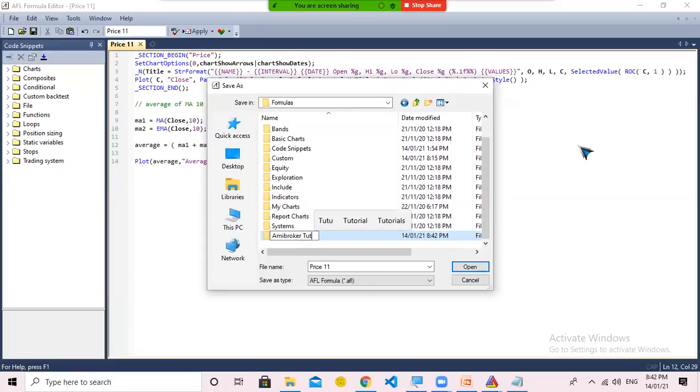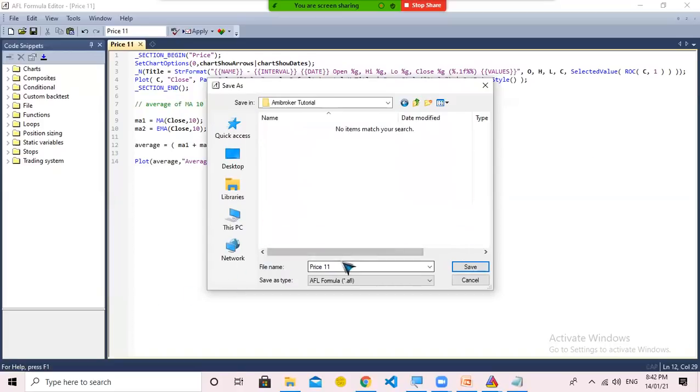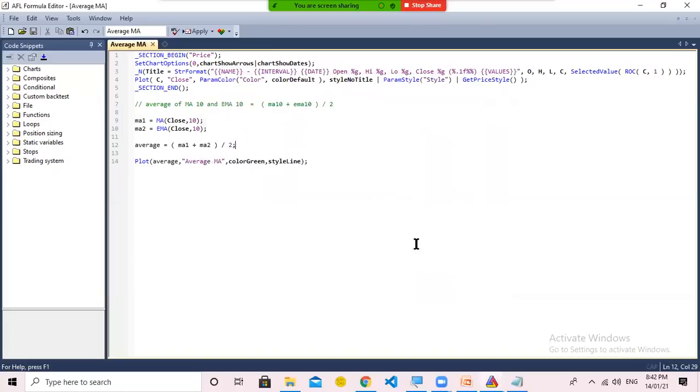AmiBroker tutorial. Under this AmiBroker tutorial, I give the name to this code, let's say, average MA, and save it.